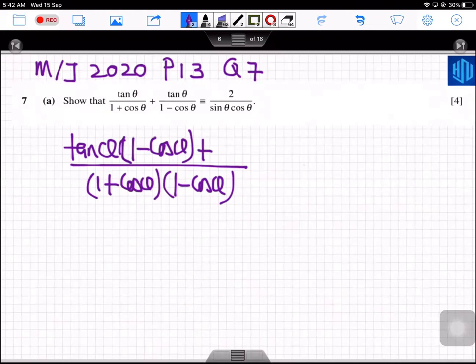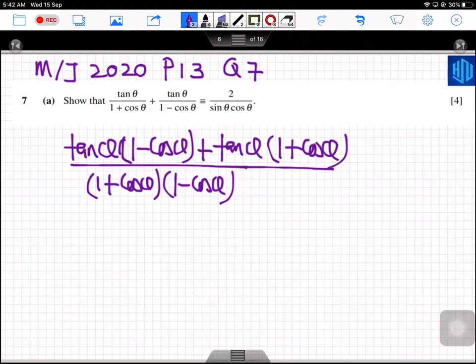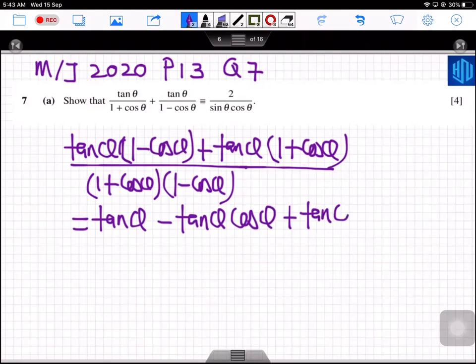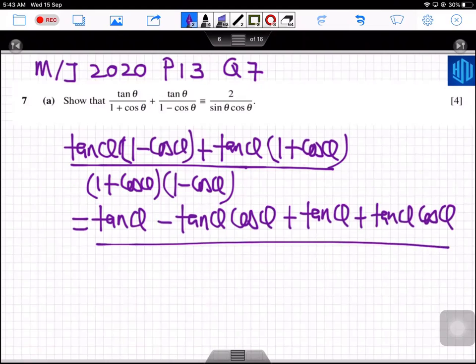Now you have a positive sign. Then 1 minus cos theta is actually multiplied with 1 plus cos theta in order to give you this complete term. So definitely the numerator will be multiplied with 1 plus cos theta. So tan theta multiplied by 1 plus cos theta. So if you do the expansions, so tan theta minus tan theta cos theta plus tan theta plus tan theta times cos theta, and this whole thing is divided by 1 plus cos theta multiplied by 1 minus cos theta,